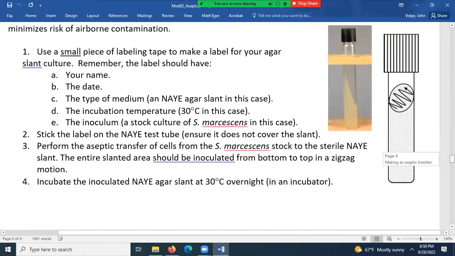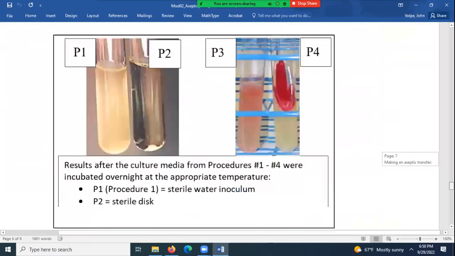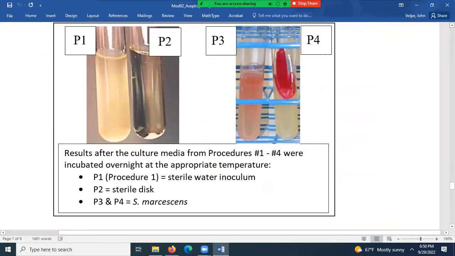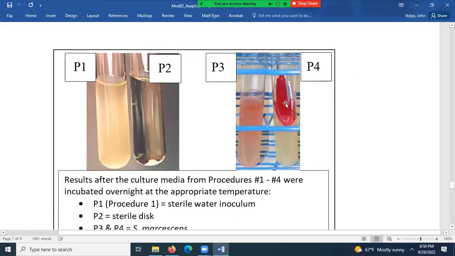Let me come on over and show you a picture. So there you have the tube, and it's growing red. If there was any region, like a little area that's white, we know we have contamination, okay? And it's just much easier to determine